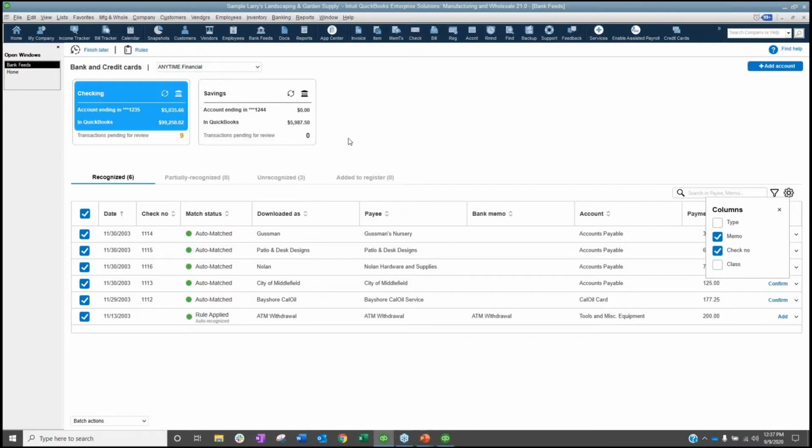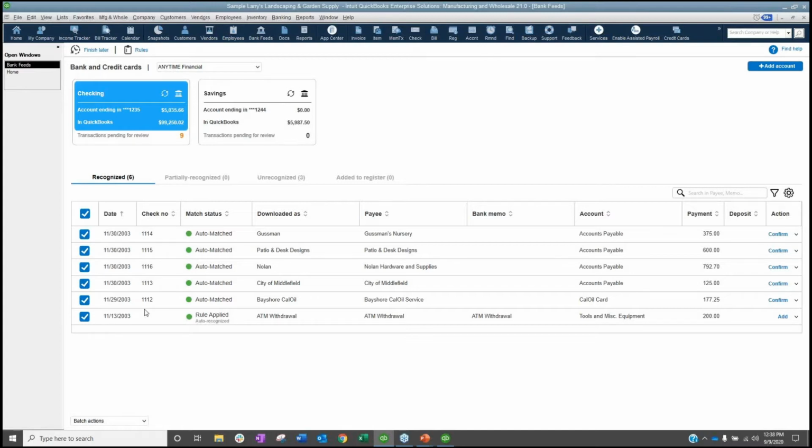We can search on these different lists. So if I wanted to only look for everything that contains nursery in it, let me go ahead and narrow this list down and focus on what I want to focus on there. On the side, we have quick actions, which you don't have to drill down into anymore. So I can just click confirm, confirm, confirm, confirm. Everything's matched perfect. I don't have to click the drop down and say confirm. Okay.